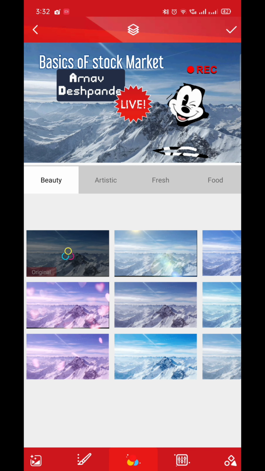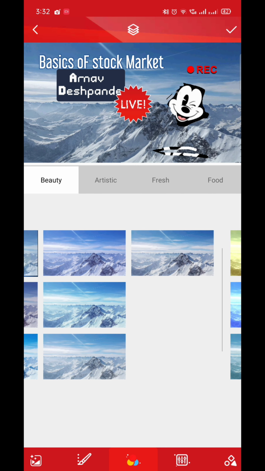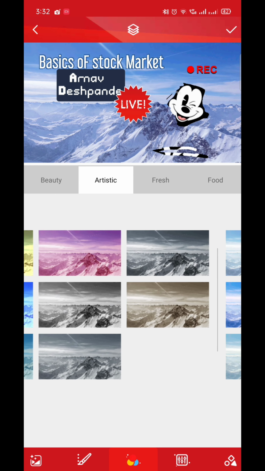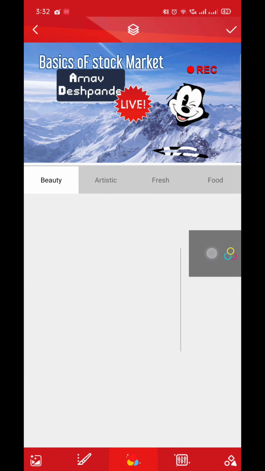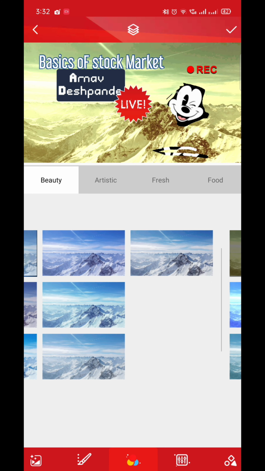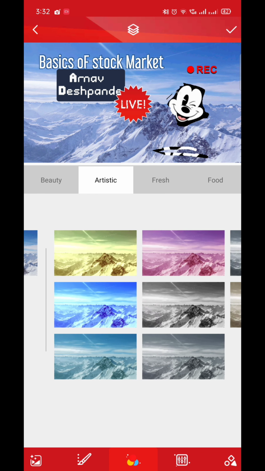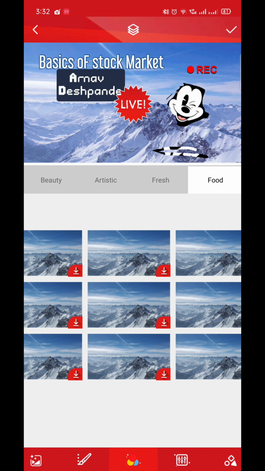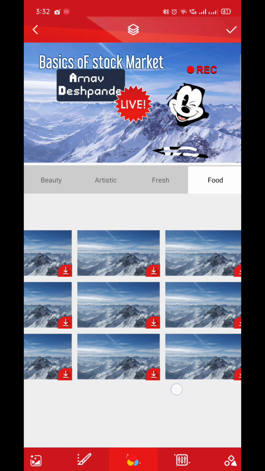And even you can add color effects to the background image. So this, I think it is a good one, or this, but I feel this is the good one, so I'll put it that way. And the rest of the things you can download.